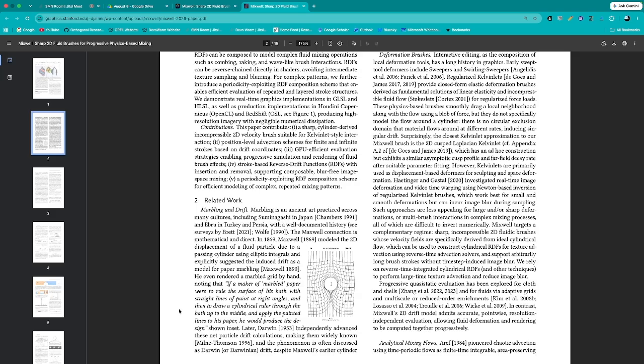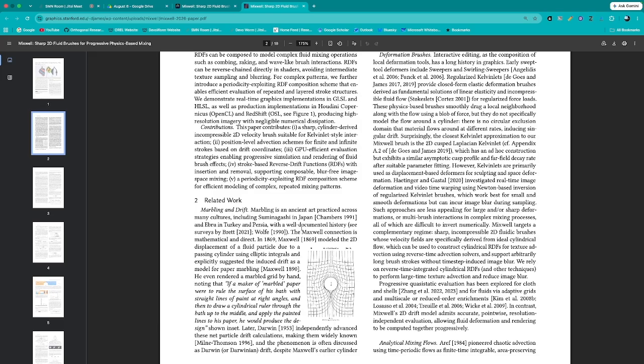So there's a bunch of related work. The first is marbling and drift. Of course, when you're dealing with computer graphics, you're dealing with sometimes ancient artistic techniques and trying to replicate those on a computer. So the first thing they mention in their related work section is marbling and drift. Marbling is an ancient art practiced across many cultures